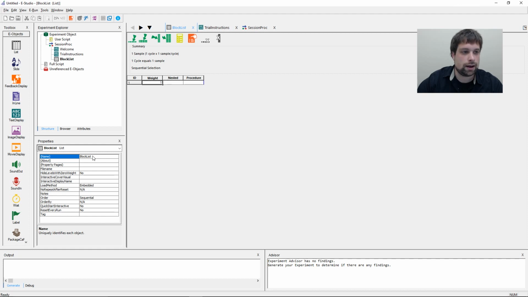So if I double click on my block list here to open it, the only thing I really need to change is this procedure. So procedures are going to be just different series of tasks that participants are going to run. And like I said, in this instance, I would like one series of tasks to be practice for the experiment, and the other series just to be the critical trials. So in this instance, I'm going to make my first procedure practice, because I obviously want practice to come before the critical trials. So I will name this